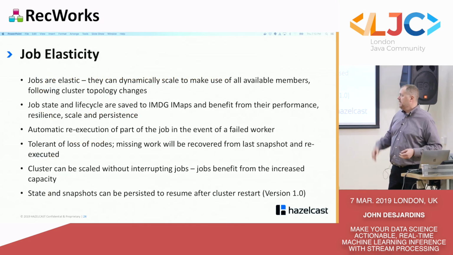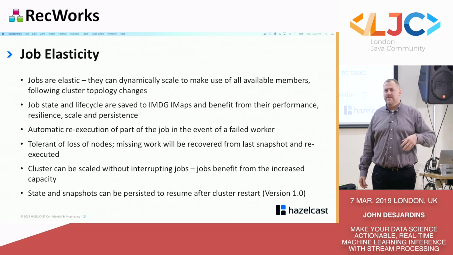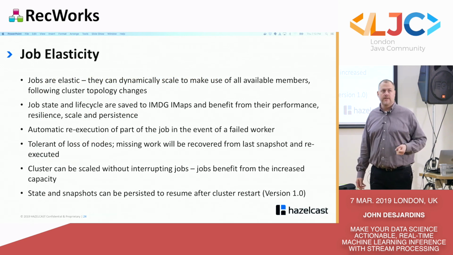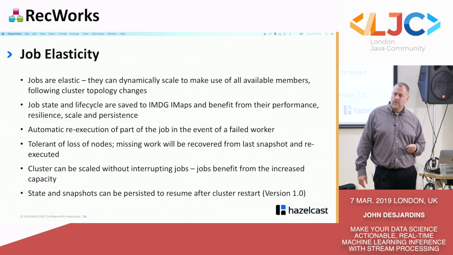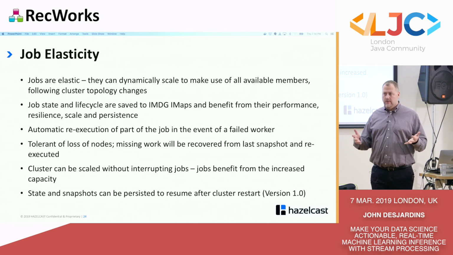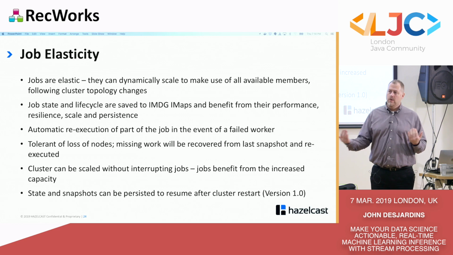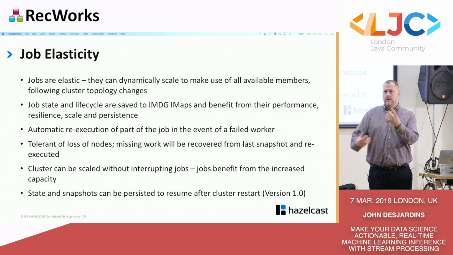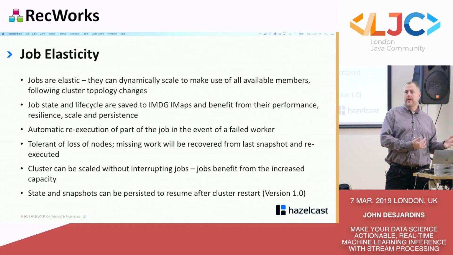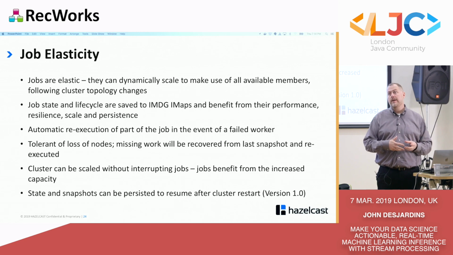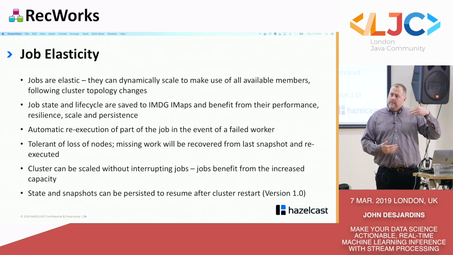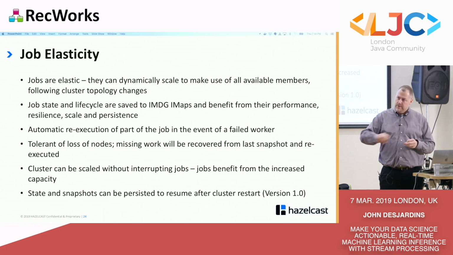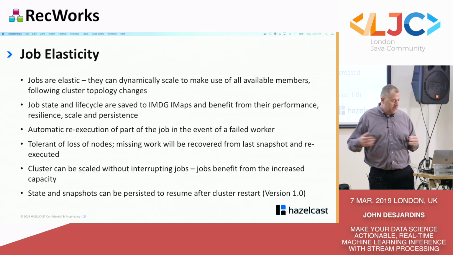So that leads to job elasticity. Being able to distribute your job on a cluster is a fundamental capability of Spark or Jet or other engines. But when you do this with Jet, it's actually very powerful, because if you add capacity, the auto work balancing of the workload across threads and across nodes means that the new node will basically go to the cluster and say, what work can I do? And bring it over and start executing work without disrupting the other nodes that are already doing work. It'll say, okay, give me some of the work that you have backed up, but it's not going to require a separate distribution mechanism to say, oh, here, take some work. So that approach just makes it a more naturally resilient and elastic